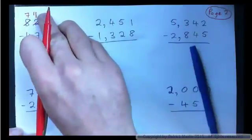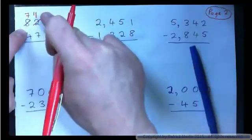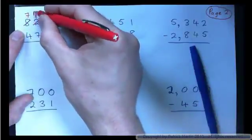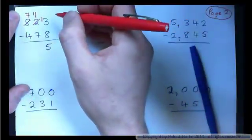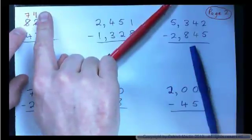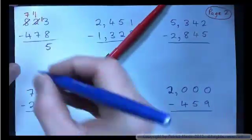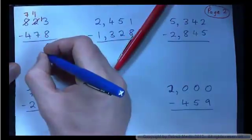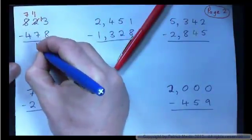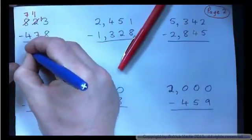So you can think of it this way. Look, this 1 becomes 11 because you're kind of borrowing a 10, but really it is 100. I mean, this is actually 110 here, funny enough. But you don't have to think about that, because you're just going, look, borrow a 10, and you can think of it as 11, and then 11 minus 7 is 4, and 7 minus 4 is 3. Okay,